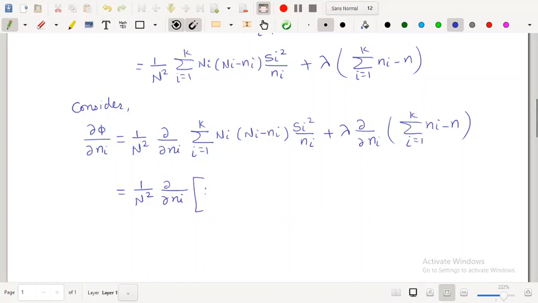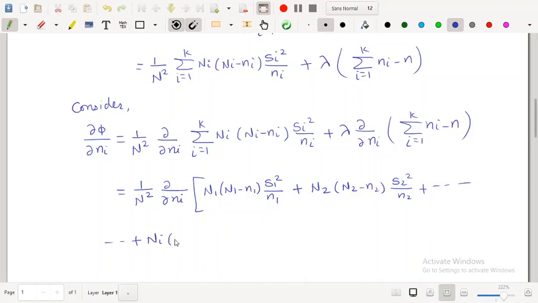So put i equal to 1, this will be n1 into n1 minus n1 s1 square upon n1. Put i equal to 2, this will be n2 into n2 minus n2 s2 square upon n2, plus plus plus, up to put i equal to i, then this will be ni into ni minus ni into si square upon ni, plus put i equal to k, then this will be nk into nk minus nk into sk square upon nk. So we have to solve this summation